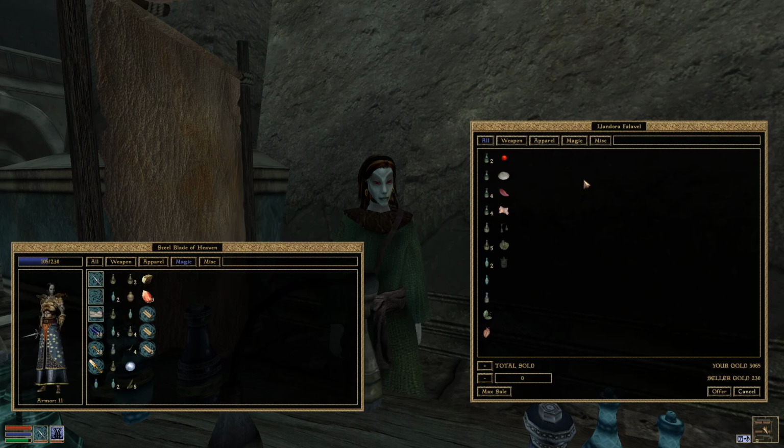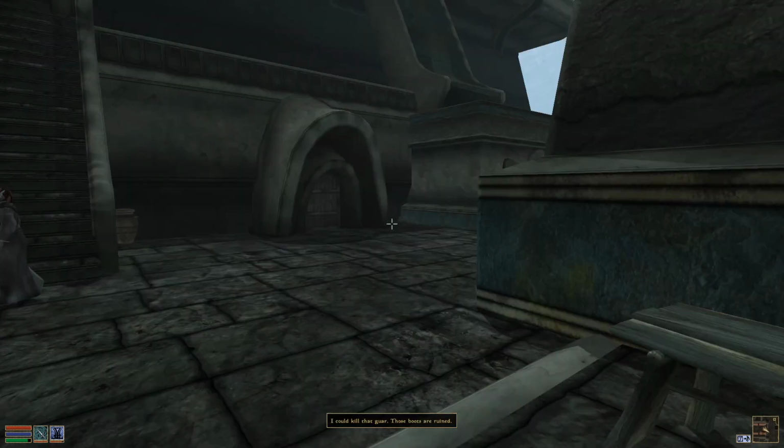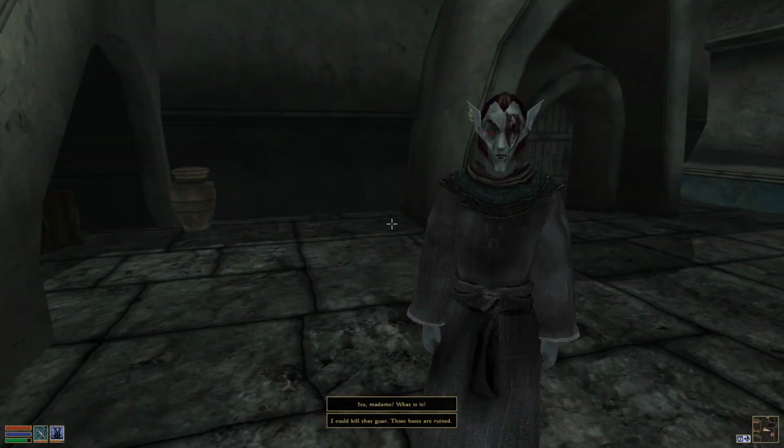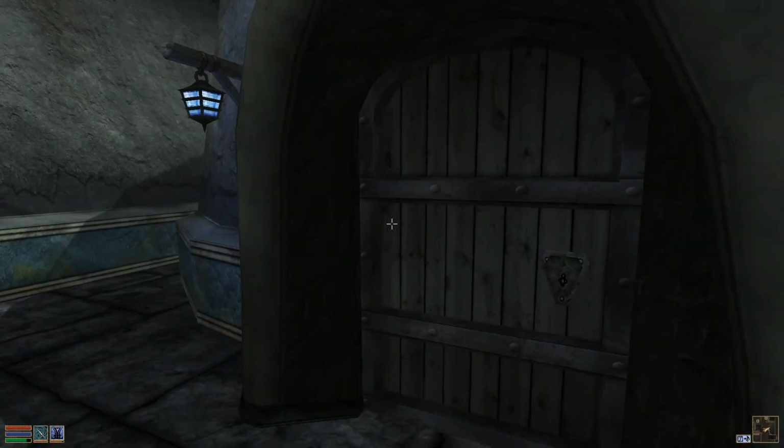Okay, well, we'll see. We are going to Old Ebonheart at some point. Daedric Bat Eye. Cool. Quality potion of light. Okay. That's fine. I'll take on another quest. What's your deal? Yes, I think we already talked to you, to be honest. I gotta stop talking to...